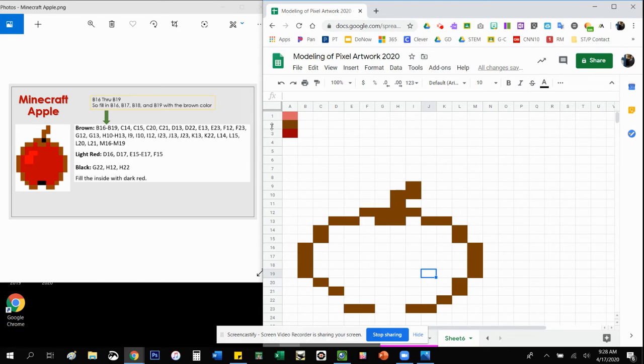Okay, so I'm going to go do the light red now. I'm going to go copy this. And we're going to go to D16, which is right here. Okay. D17, E15 through 17. So that's E15, E16, E17. And then we got